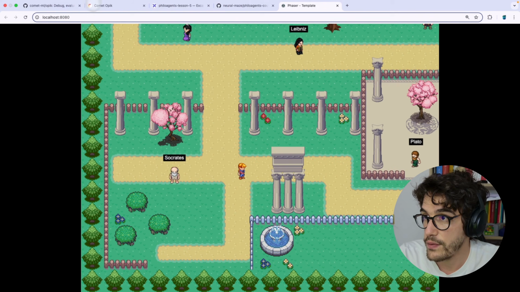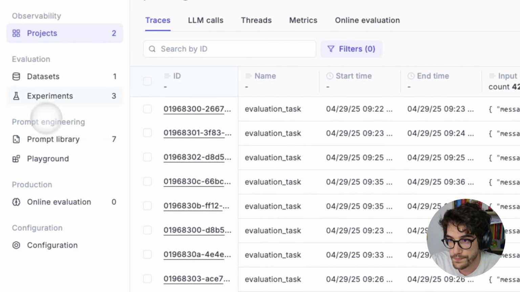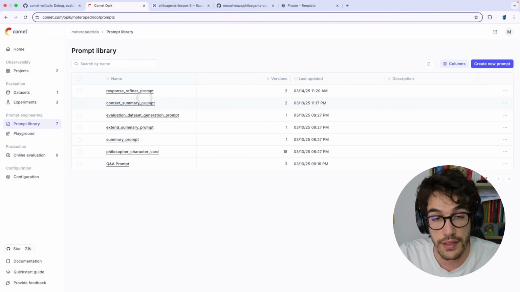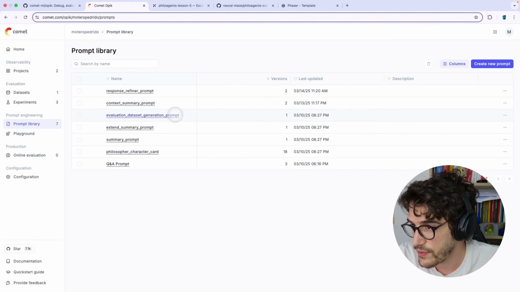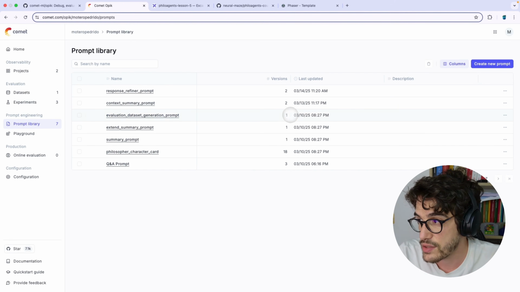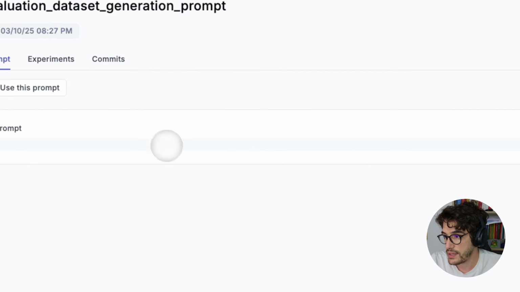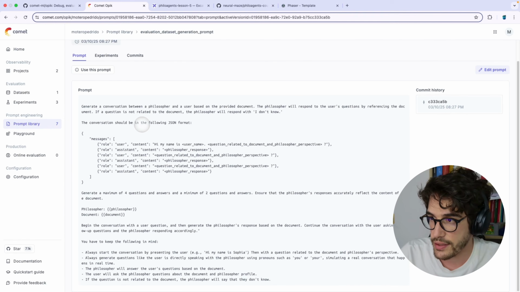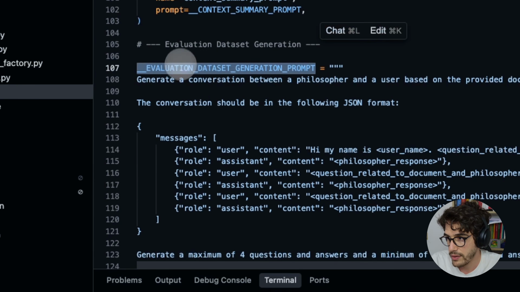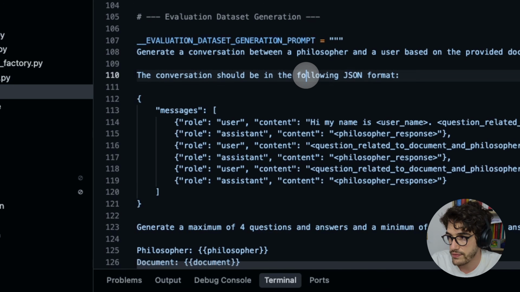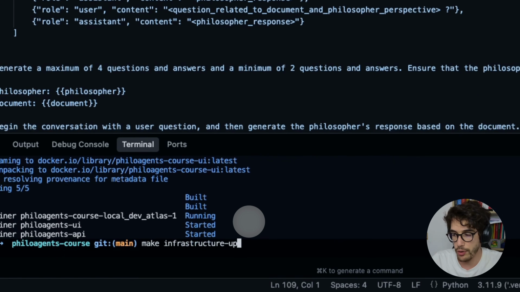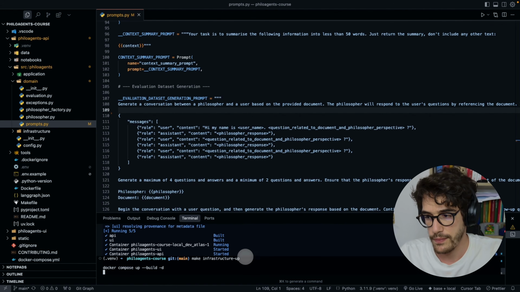Okay, so now let me show you. If we go to Comet again, and we go to prompt library, this is the place where each one of the prompts are going to be displayed. Let's go to some of the prompts, like for example, this evaluation dataset generation prompt that contains just one version. Okay, so let's get here and let's modify in the code, okay, something about this prompt, like evaluation dataset generation prompt, and let's, for example, delete all of this. All right, now if we redeploy, if we rerun the application like this,